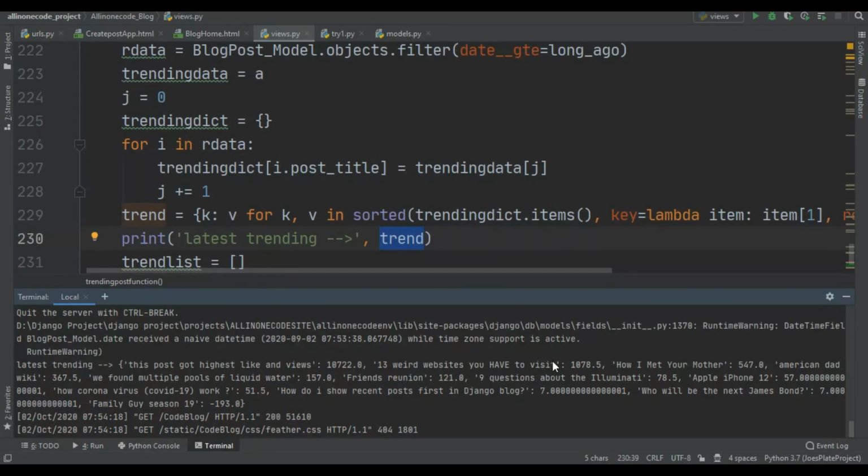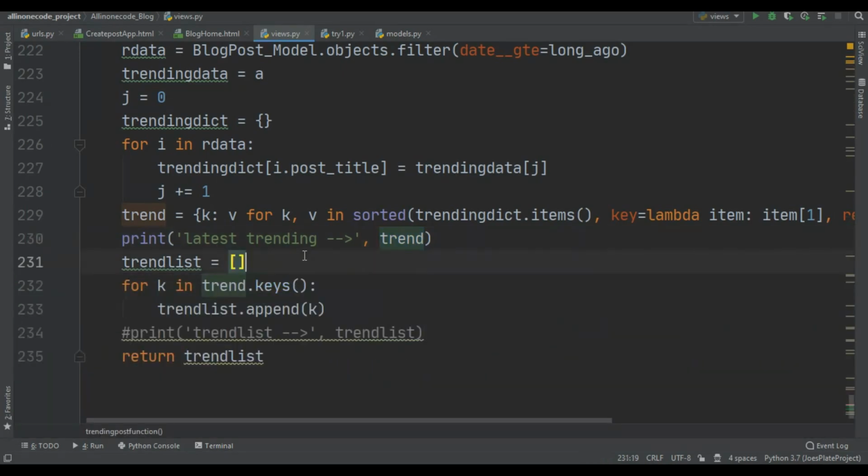It got 10,722, sorry. So that's why it goes higher and this is lower, and so on. So you can see we got all of the numbers. And the last one is Family Guy season 19. It got minus 193.0. Okay, so that's it. We just sorted our data and put all of the data by keys.